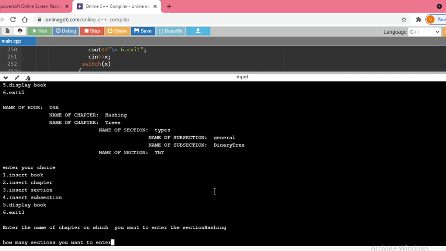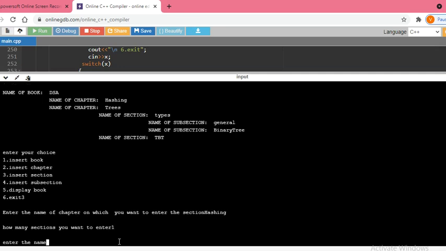For example, I want to enter the section 1 only. Only 1 section I want to enter. One section. We have to enter the name of that. So I will say the collision resolution.